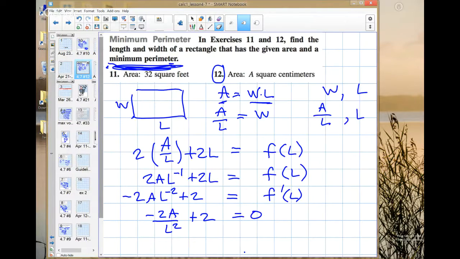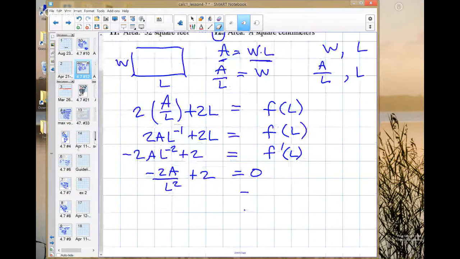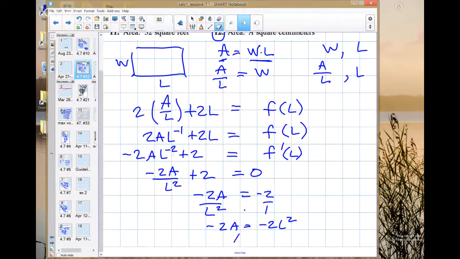And now you can subtract 2 from both sides. We want to, of course, solve for L. Let's cross multiply. So negative 2A equals negative 2L squared. Divide both sides by negative 2. And finally, L